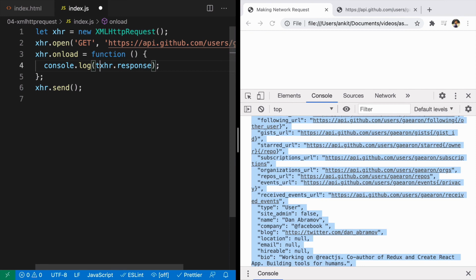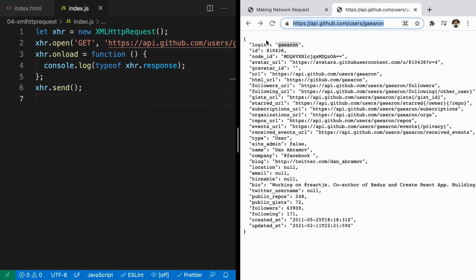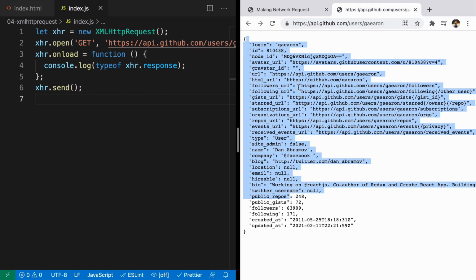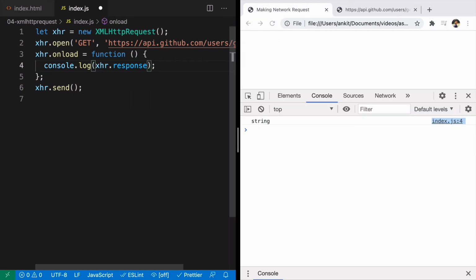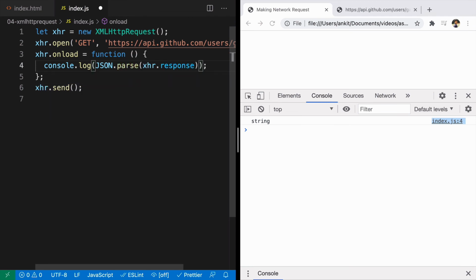If you want to look at the type of it, with typeof we can understand the data we are getting is a string kind of data. But accessing this information from a string would be impossible, right? Why not convert this data into an object kind of structure by using JSON.parse? Because JSON.parse accepts the data and converts it into a JSON format. So that is what we are going to do now.